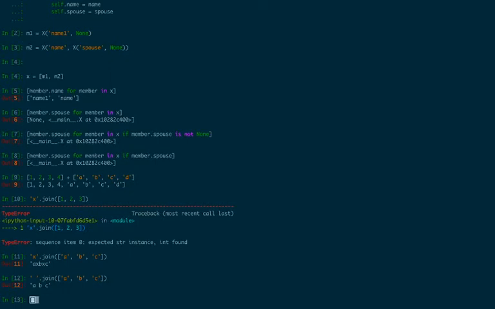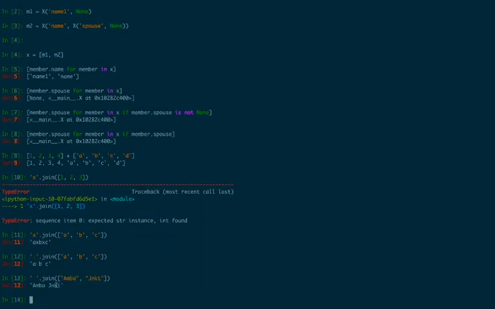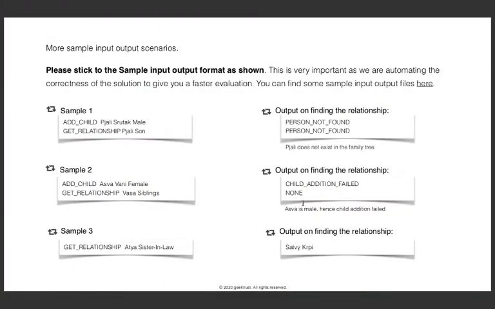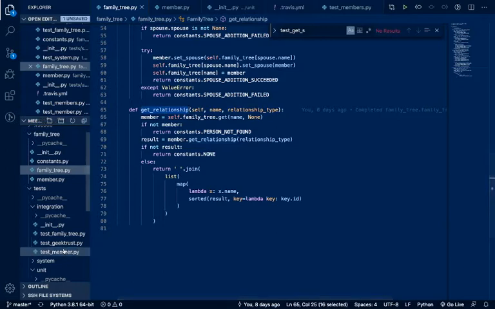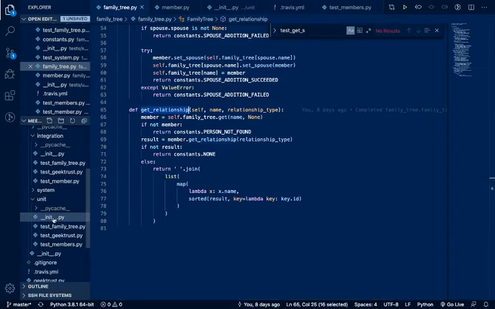So similarly, what we had was, we used to get names of people, right? Amba and Junkie, something like that. So I just want you to join it with a space, so that we get this particular string, because that's what we need to print, right? We don't print a list, we print values like these. These are one complete string, not lists. So now that we have that, since get relationship now returns a string rather than a list, we need to make sure we set the tests accordingly.